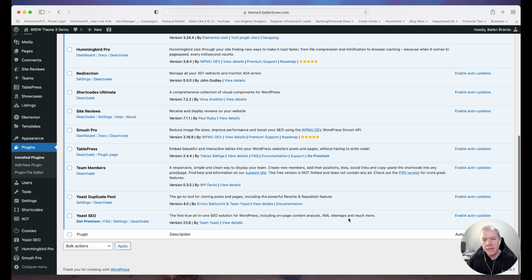And then finally we have the Yoast SEO. This is the main SEO tool involved in your website. It allows us to set a robots.txt file. You can put in keywords to see how the page might rank based on the keyword you put in and what the content says. It gives suggestions on how to place keywords, if we're not using them often enough or in the right sections, things like that. So another great SEO tool